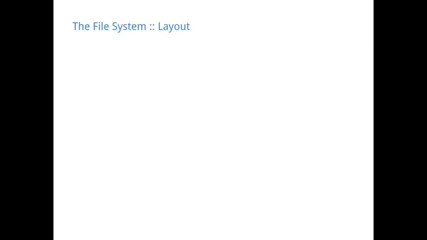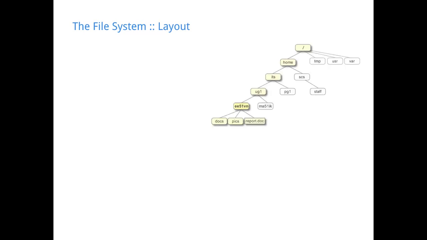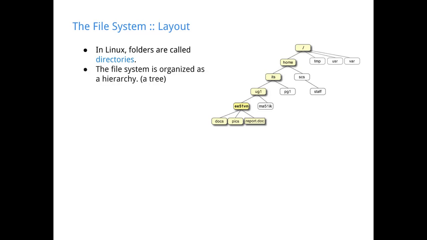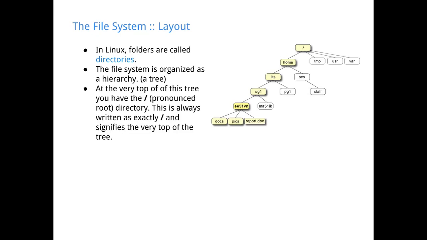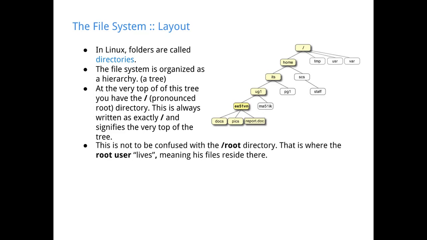So let's get into the file system layout of Linux systems. Everything is organized in a hierarchy. It all starts at the top with a thing we call root. All the folders, in Windows speak, are actually called directories in Linux. So the uppermost directory, that's your root folder. It's just signified by the little slash. So /, you say it as root, but it's not root. There's another directory called /root where the root user lives.